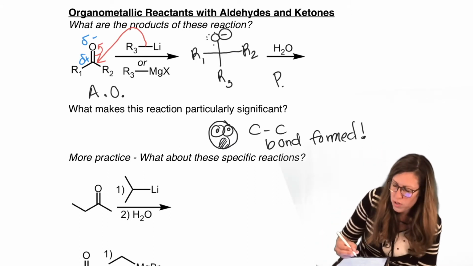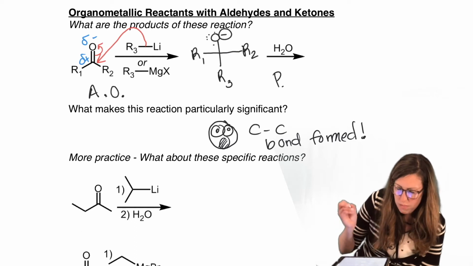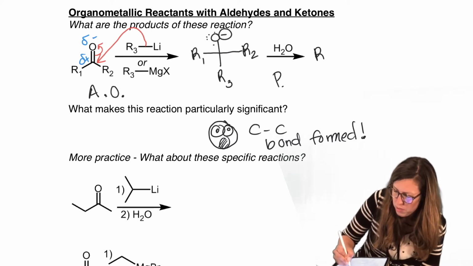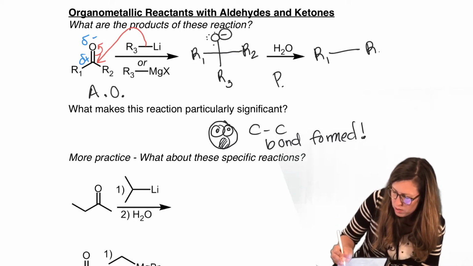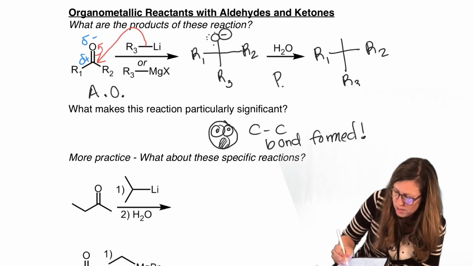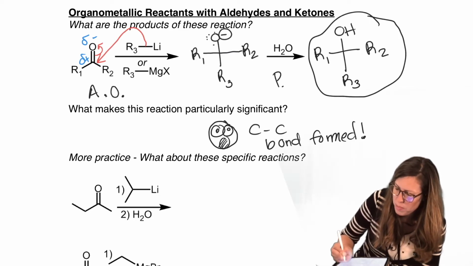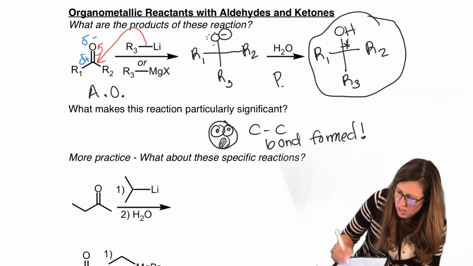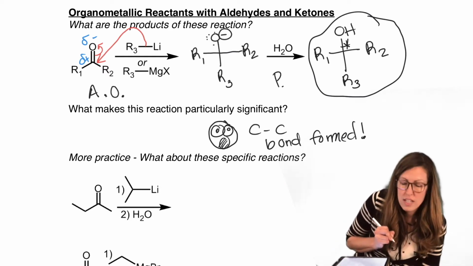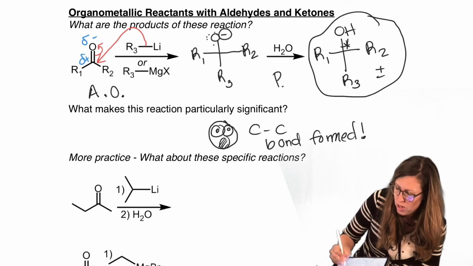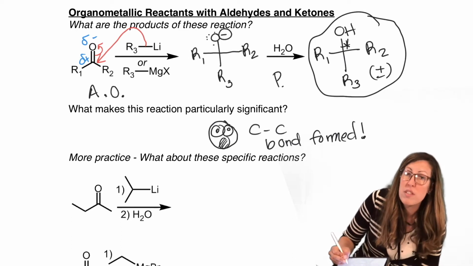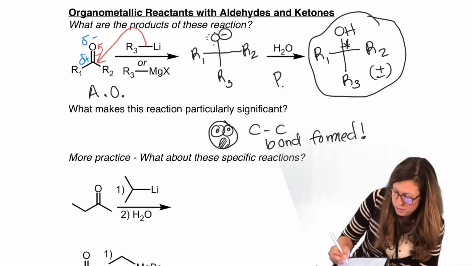Okay, so protonate is the workup part. I'm not going to show the mechanism for every protonation anymore. I think we all know what's going to happen to that alkoxide. It's going to become an alcohol, right? So we get our alcohol. Remember, that's prochiral to start with and chiral to finish with. So watch out for the formation of enantiomers or even diastereomers if the stereocenter was already present somewhere else.